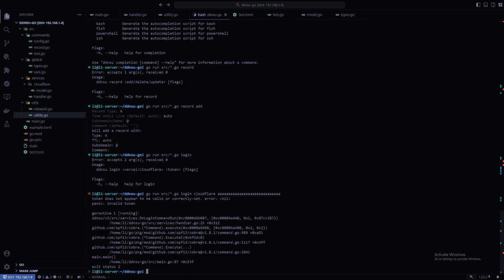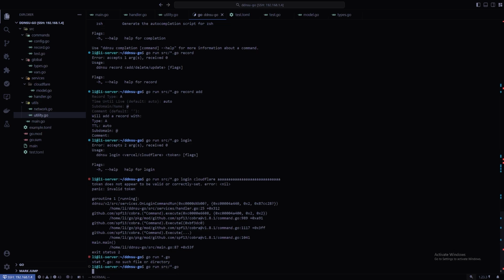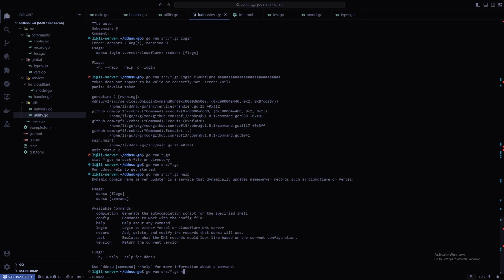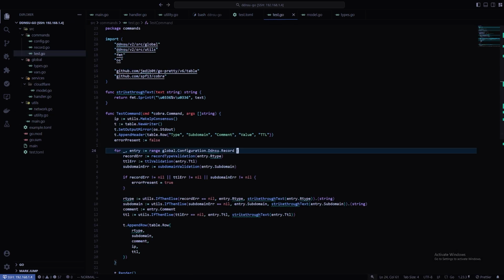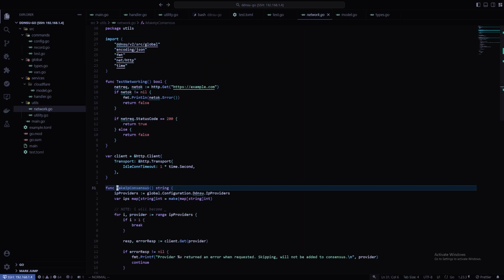So yeah, if I do go run source/source.go, let's see other commands that haven't worked. So this is the test command, and what the test command basically does, I will go into it here. It creates a table. Now, I would love to show you, however, it does dox my IP. Actually, I could change it. So this is the make IP consensus function here, which, if I go to it, basically